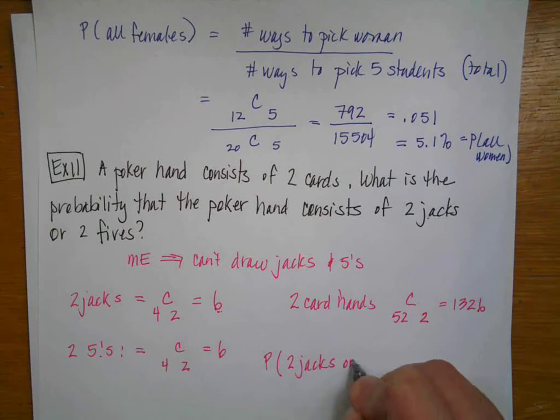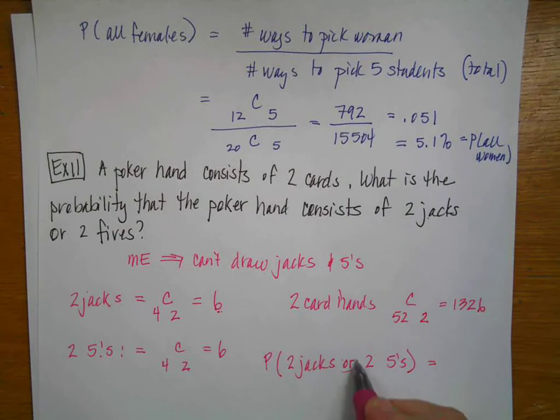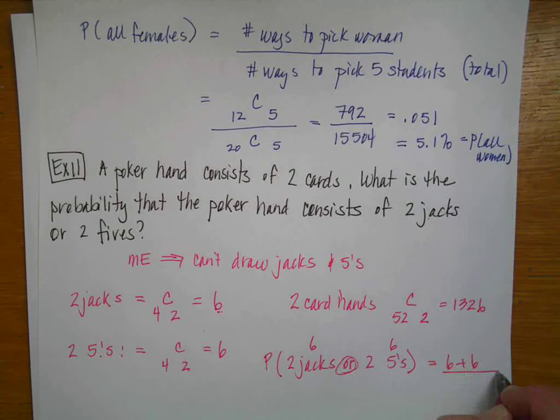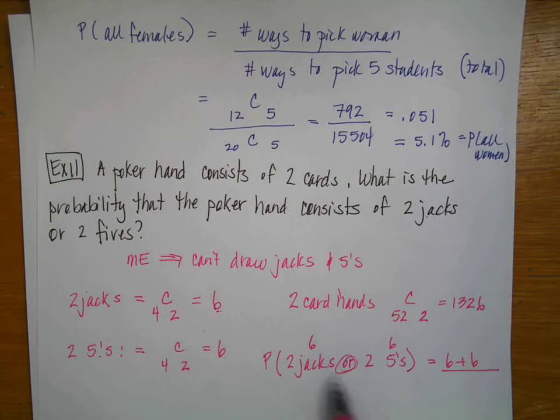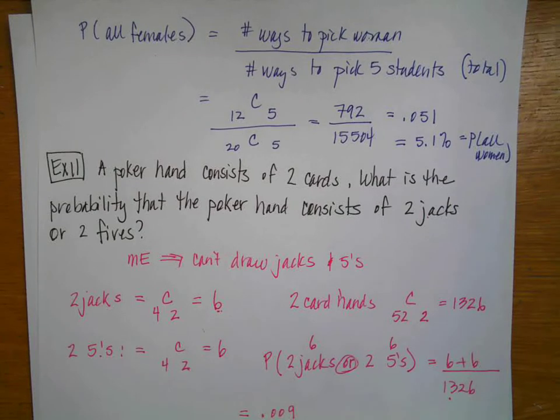Now, lastly, I'm going to calculate the probability of getting 2 jacks or 2 5s, okay? Because it is an or, remember this number was 6 and this number was 6 from here. An or means add, so this is 6 plus 6, and then over the total number of ways that I can draw 2 cards. So then my probability is